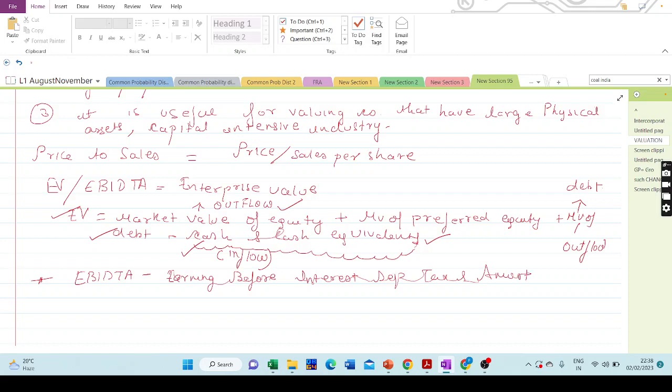Right? Now, what does EBITDA signify? What does it reflect? It basically reflects the profits generated by the company's core operations. It is basically excluding non-cash expenses like depreciation and amortization. Right? It's excluding non-cash expenses such as depreciation and amortization,